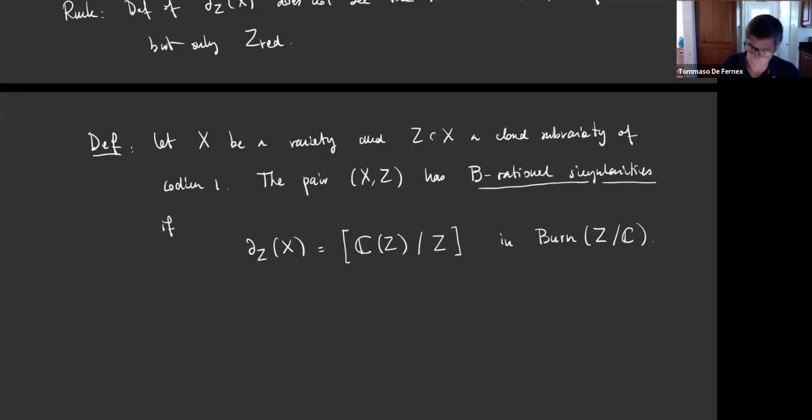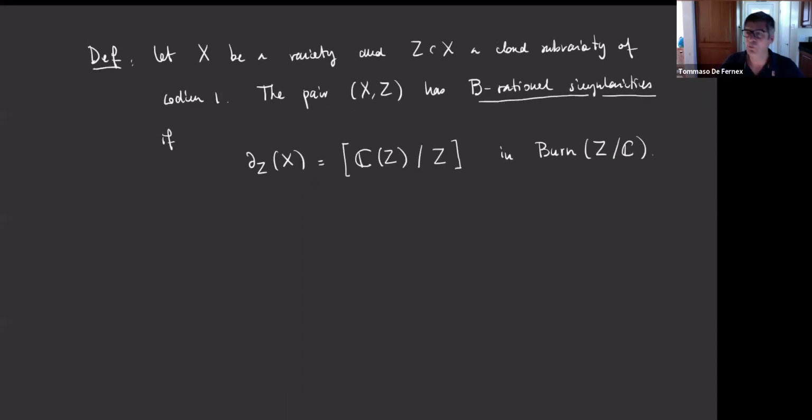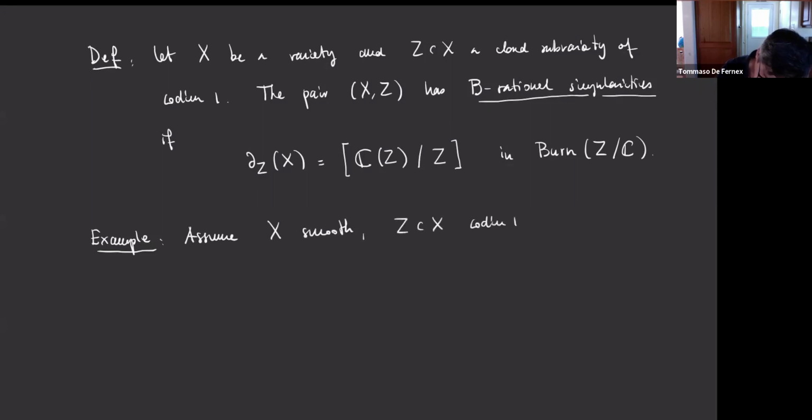Okay, so let me give an example. And this example will take us back, then after this example, we can look back at this other situation of cubic surfaces degenerating to a cone of an elliptic curve. Okay. So assume X is smooth and Z inside X is a codimension 1 subvariety